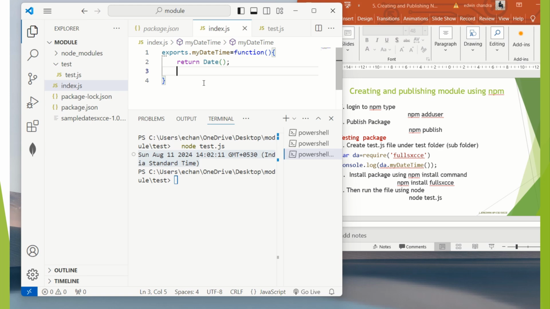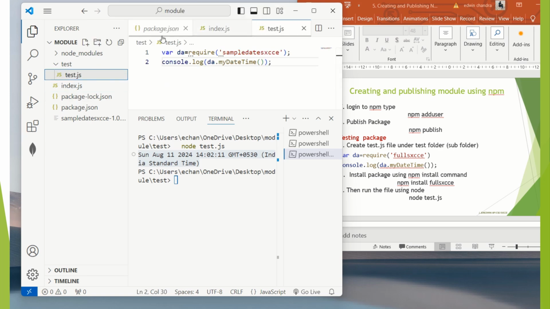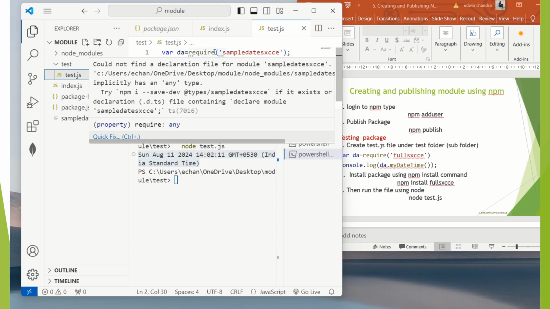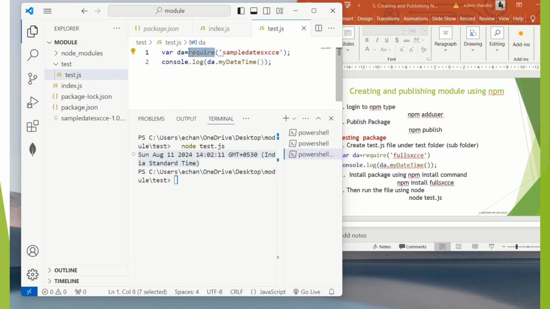After that, for testing I am creating one file, that is test.js. In the test.js, first we need to include the module using the require function and create the reference. Then using the reference I am invoking the functions available in the package, that is sample date XSCE. So this function is now available in the package sample date XSCE. After that, save your file, and as usual run your file, so you can get the